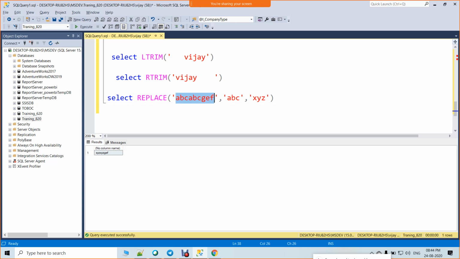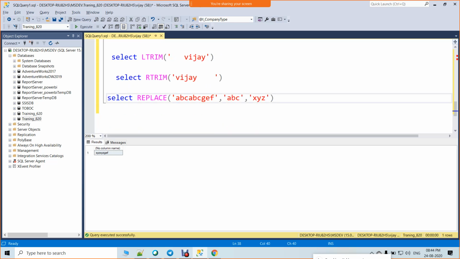Get my point? Yes. Perfect. Is there any way we can possibly change? So there's two ABCs, but what if we want to change only the first ABC, and we're going to keep the second one? You want to change the first ABC, you want to keep the second one. Yeah. Okay.